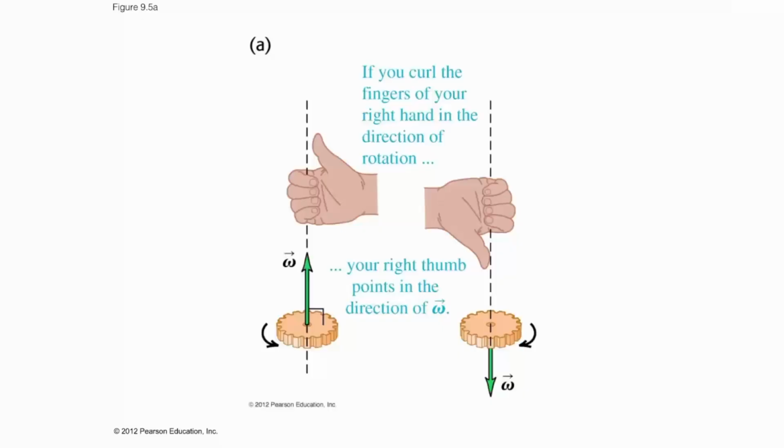And it doesn't matter which side of the wheel I do this from. Either side, and I get exactly the same direction with my thumb. So the direction for angular velocity is given by a right-hand rule, and it points basically along the axis of